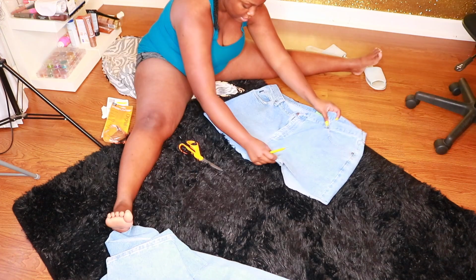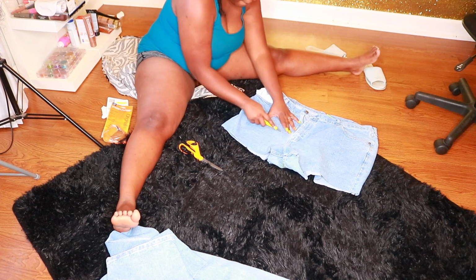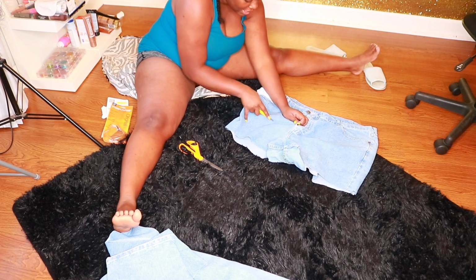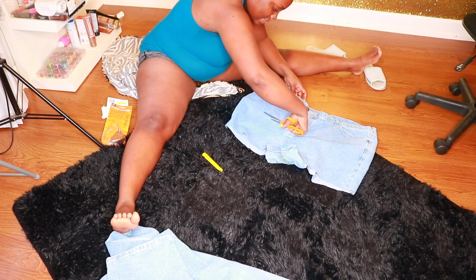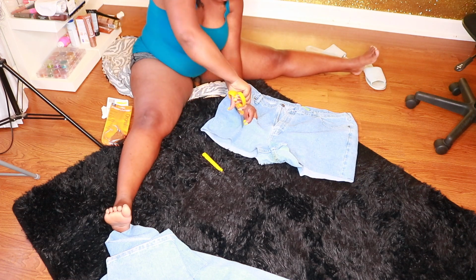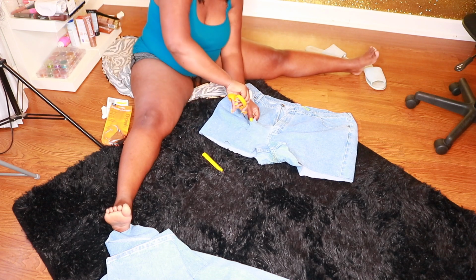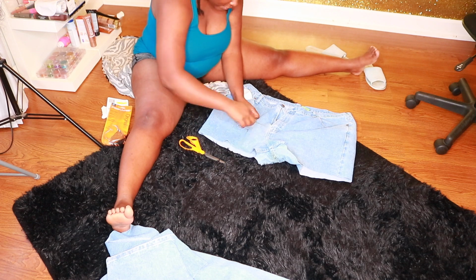So I'm just going to throw the other jeans to the side, and I have a straight razor from Jack's Work. I'm pulling the pocket up because I don't want to cut the pocket, because you want to use your pockets. I'm just using the straight razor to cut little slits. And then I ended up switching to the scissors because the straight razor just took a little bit too much time and energy, and I'm just too lazy for that. So I just used the scissors and I just cut different lengths, kind of parallel to each other,